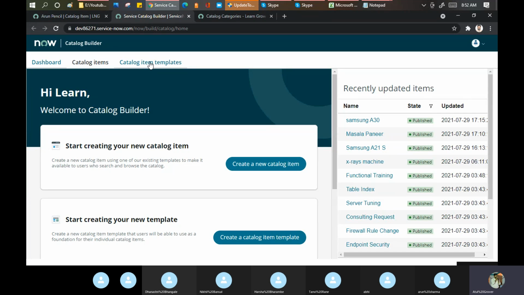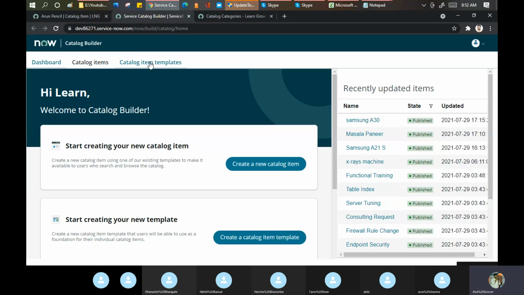Item name, item price, veg or non-veg, and in brackets, the quantity. Let's take the example of the bun muska. Half 10 rupees, full 20 rupees. So in this case, you have to design the catalog item from scratch.